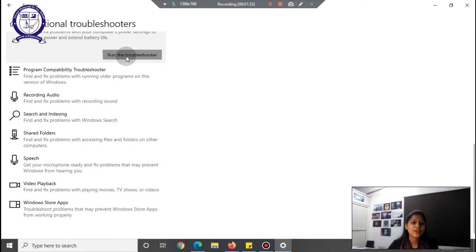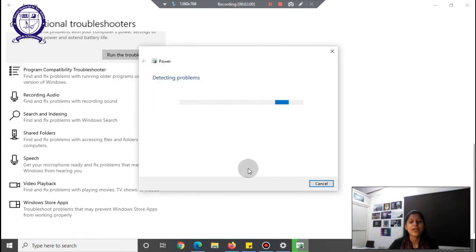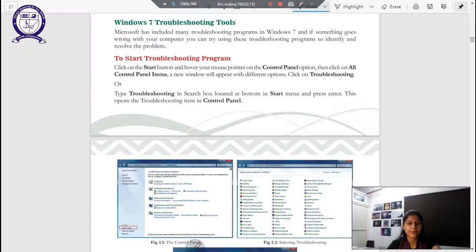First, I can run the troubleshooter and check what the problem is. Now it will detect all the possible issues that are contributing to the problem, and then it will give me the list of the troubles that can happen. Now we'll go back to our chapter and see further details here.